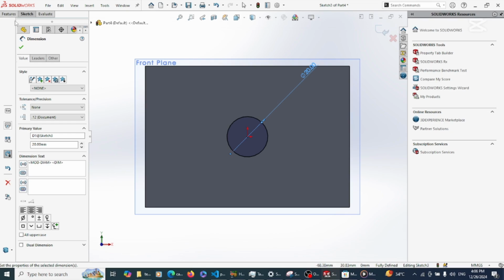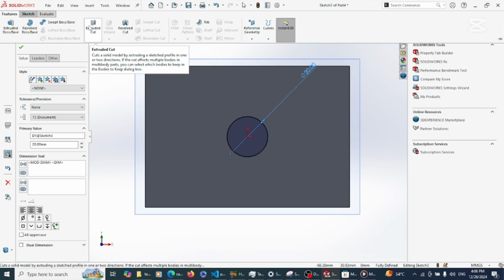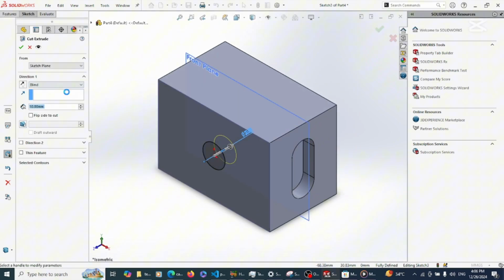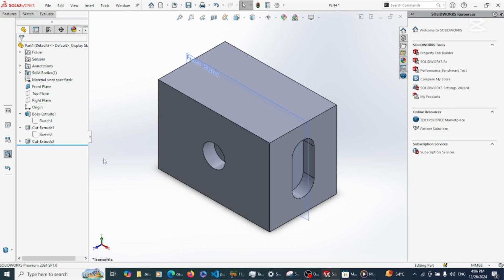Good. So now I go to features and I choose what? I choose extruded cut again. I want it to cut what? Inwards. It's cutting inwards already. Good. And it's at 10. And I want it like that. So just say enter. Now I want to show you that